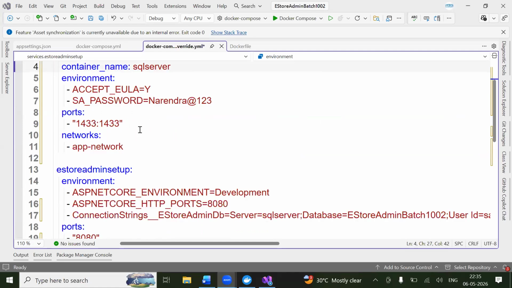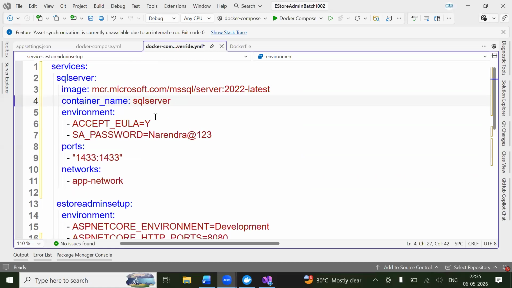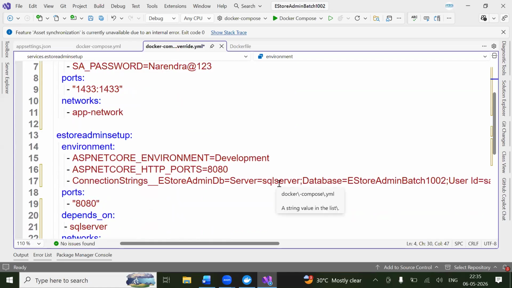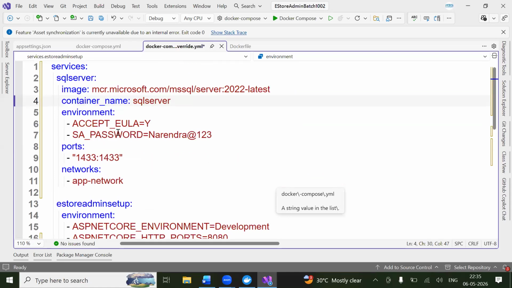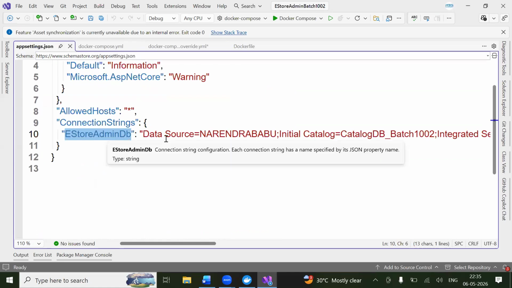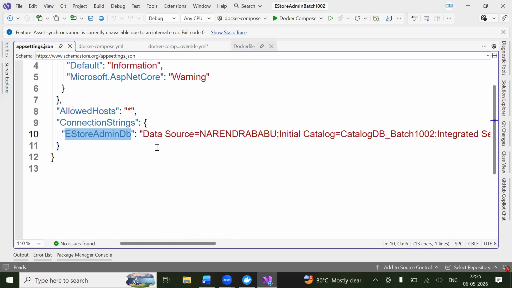It is not like that; you have to use the same name. You can give eStore admin DB also. Understand? For that, you have to go and change here. Server name is eStore admin DB. This container name will be your server name. The same server name you have to use here. Understand? Why I'm having an environment configuration is that this JSON file is automatically replaced with this configuration,